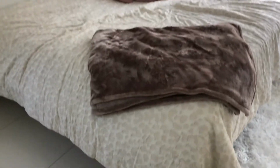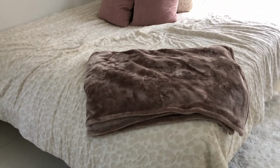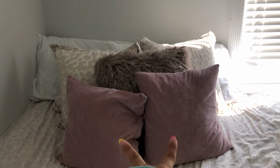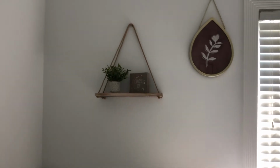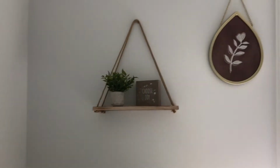This is the same comforter I had last year. It's from Home Goods. I throw on this little purplish mauve colored blanket. And then I have my sleeping pillows in the back, 2 cheetah. This brown one is from Pier 1, I believe. And these are from TJ Maxx. These are new. And right on top, I have a little shelf from Amazon, just with some knickknacks on it,